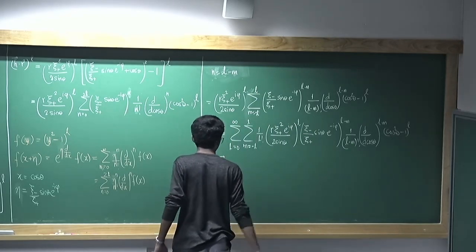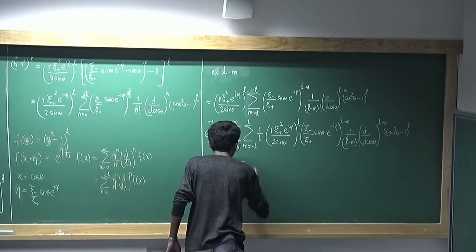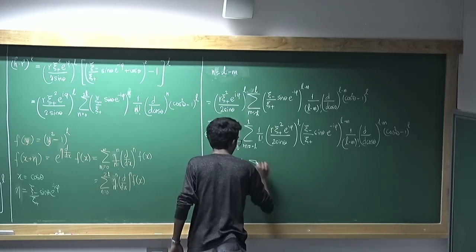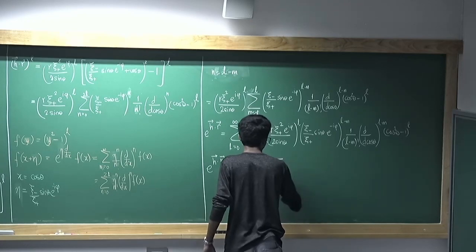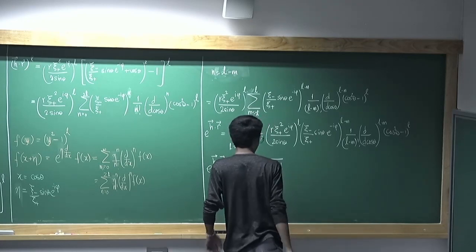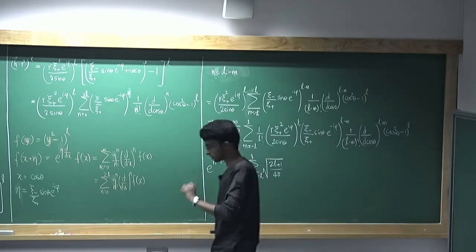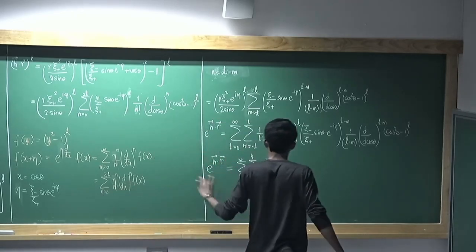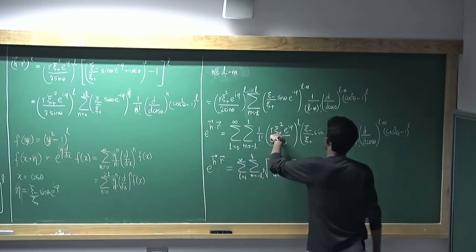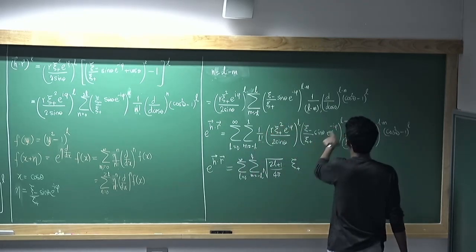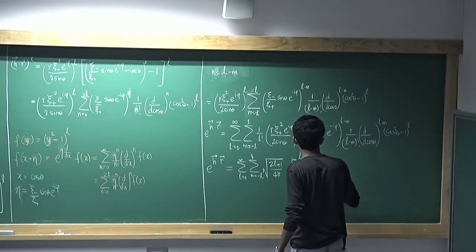So e to the h dot r, I hope I get this correct, you write as the summation over L equal to 0 to infinity, summation over m equal to minus L to L, root of (2L plus 1) by 4 pi. This factor is what gets rid of a number in the orthonormality integral such that it is actually properly orthonormal, times xi plus, what is the power of xi plus? 2L minus L plus m, so that is L plus m, xi minus to the L minus m,